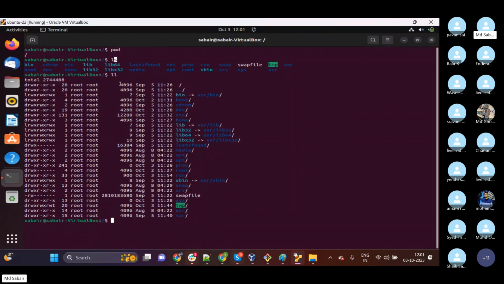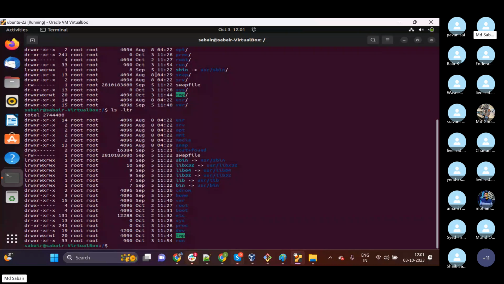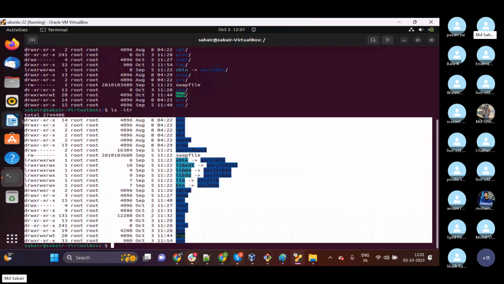When we execute ll, it gives us the complete details of our file system: which file is available, what is the size, what is the permission, who is the user, who is the owner, on which date this was created. If you want the complete list, we can use ll. Similarly, we have one more command called ls -ltr. If I execute it, you can see the same output.